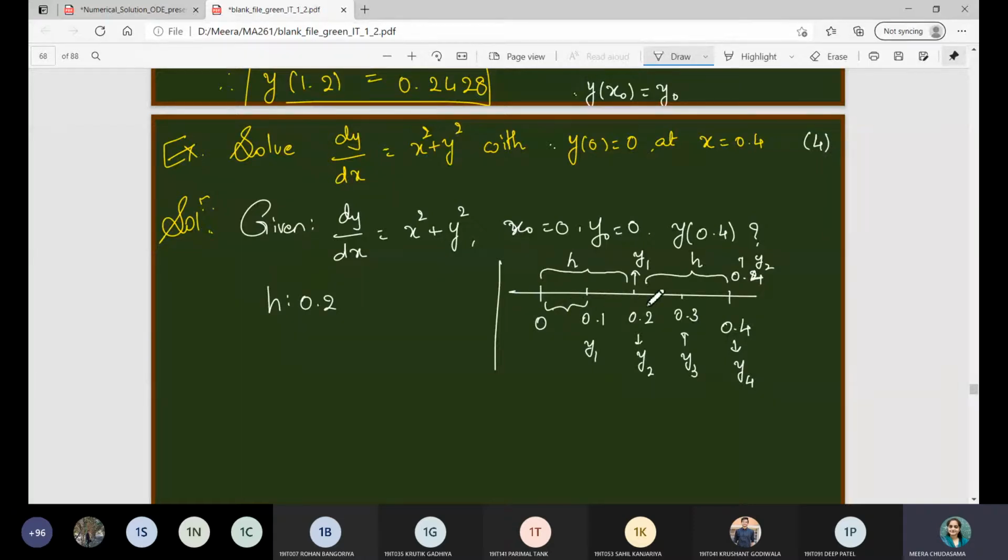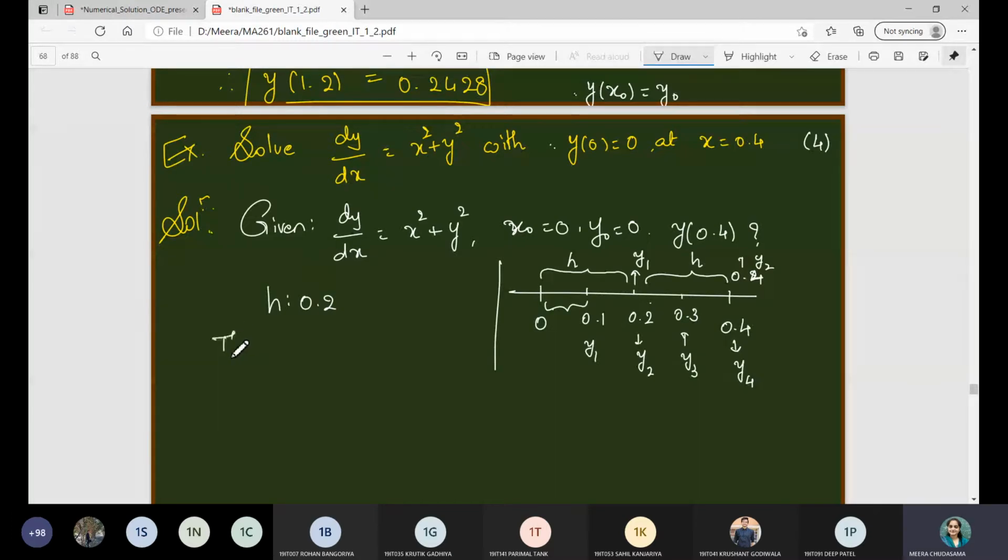In that case, each iteration will carry 1 mark. So you have to understand that h has to be 0.1. Otherwise, for this one, if it is of 2 marks, you can consider the larger step size so that you can reach the asked point in a smaller number of iterations. Okay, so let us start with h equal to 0.2 here.